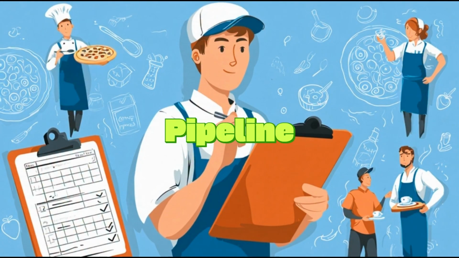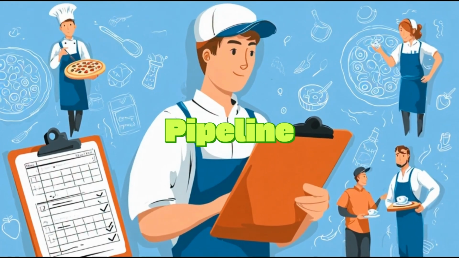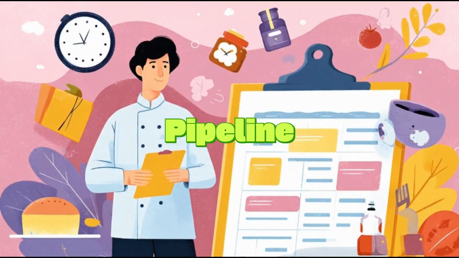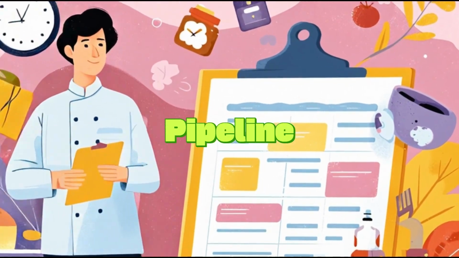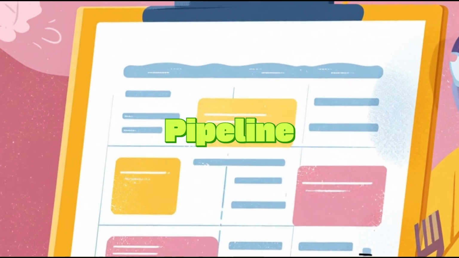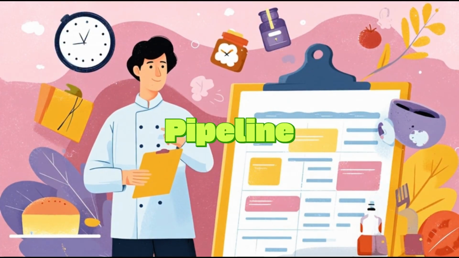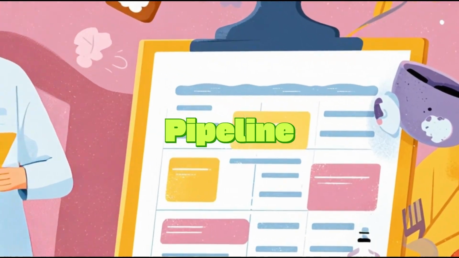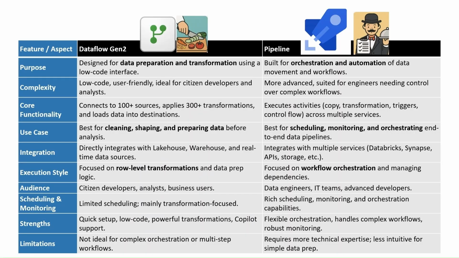Whereas the pipeline is a restaurant manager who's taking care of delivery of those dishes to the customer who is waiting. So they will have a schedule, who would be working on what. And that's the reason we are calling pipeline to have support on the orchestration process and end-to-end automations of the movements and workflows. Whereas Dataflow Gen 2 is specifically designed for data preparation and transformation using a low